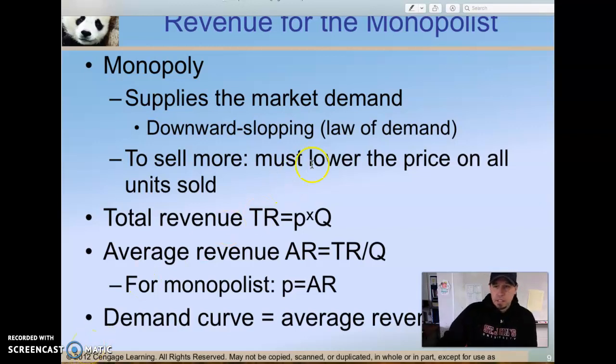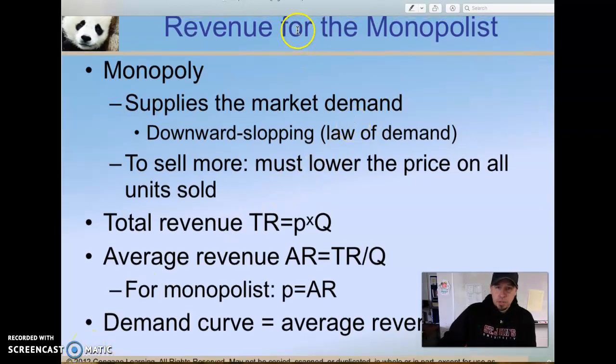All right, in this video, we're going to look at revenue for the monopolist and how it differs from perfect competition. And remember, with a monopoly, when you have only one seller, it's this single seller that's supplying the entire market demand curve. And remember, law of demand, right? It makes the demand curve downward sloping, which means